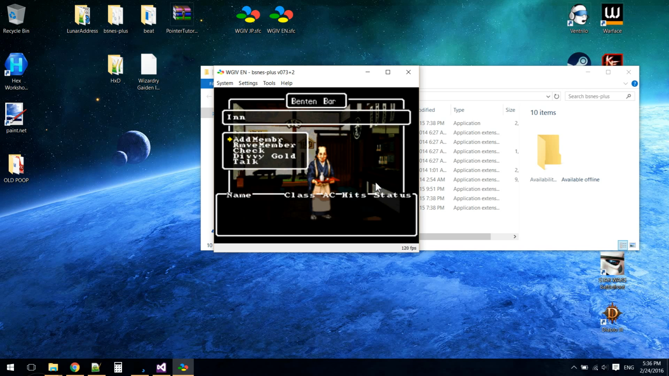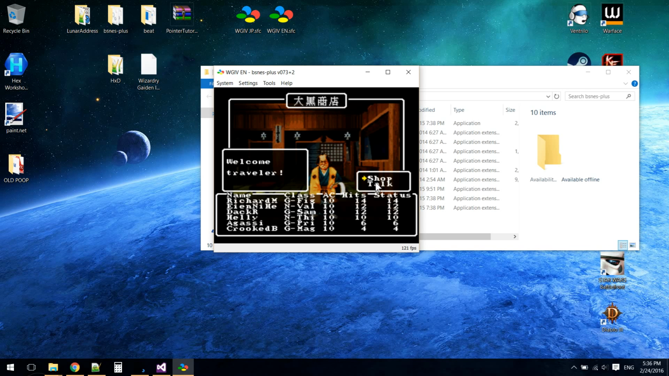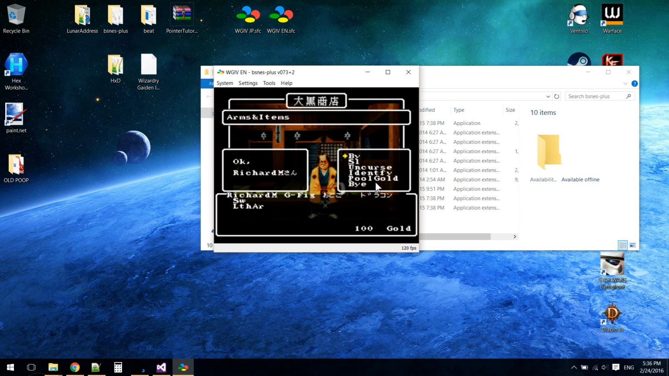Now, before we get started, I just wanted to go ahead and show you what we'll be hacking in this game. So I'll go into the item shop, and I'll just pick someone random to shop. Now, originally when this was hacked, the person hacking it